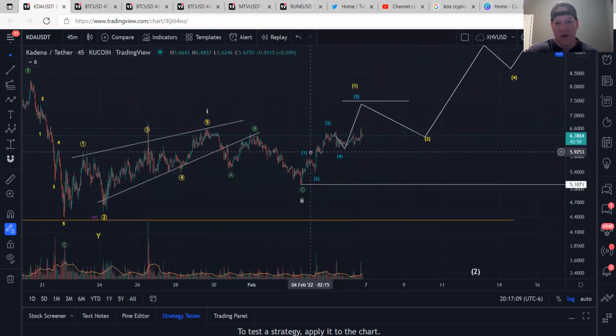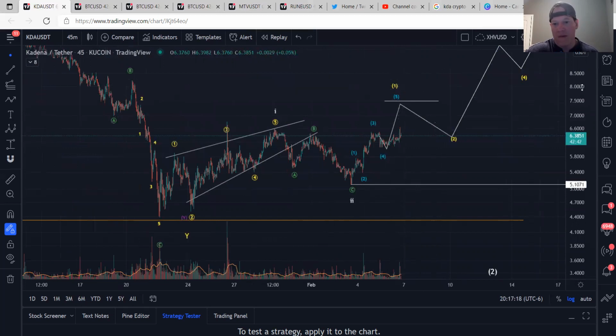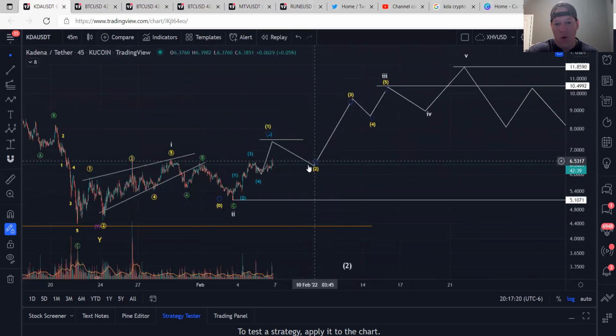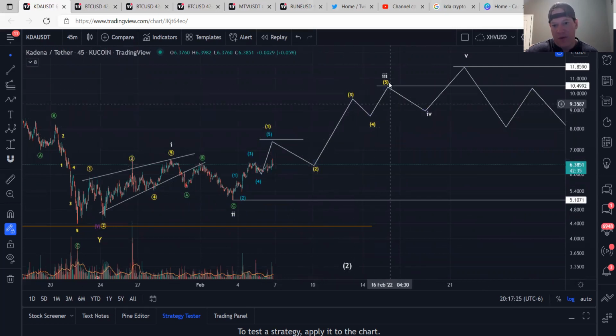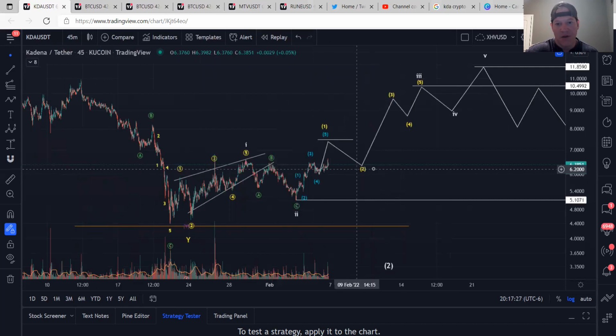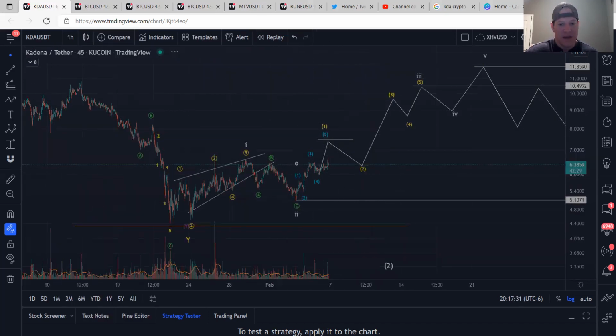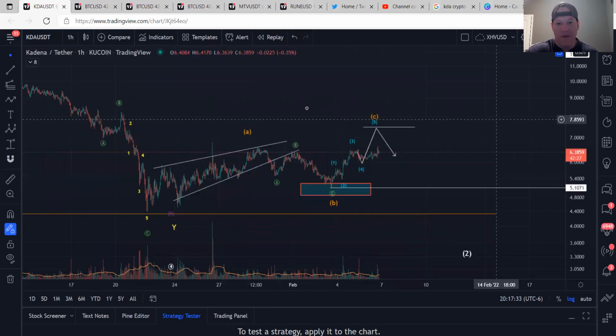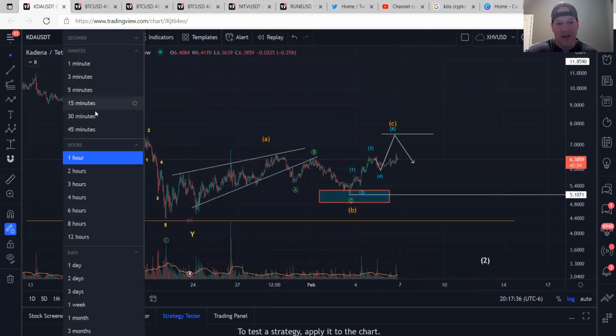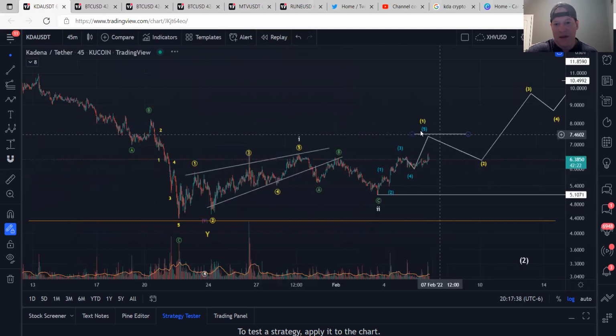And this impulsive structure here is a 1, 2, 3, 4. We would need our final fifth wave up, and then that would create a 1 wave, and then we would need to hold a 2 and then break above the 1 and then have a 3, 4, 5, in order to have this be validated. So as you can see, the C wave on the more downside scenario and the potential one wave end about the same spot.